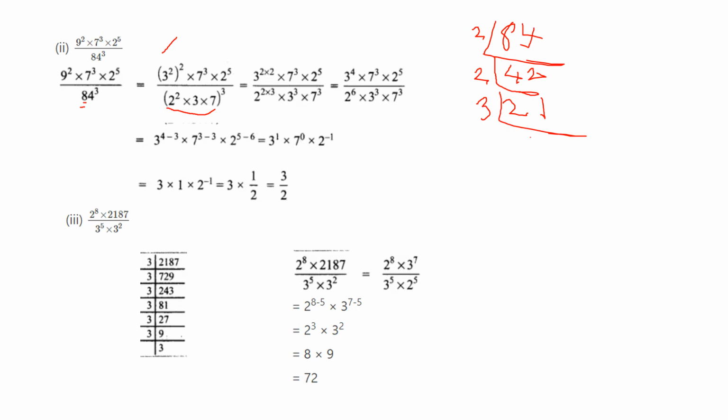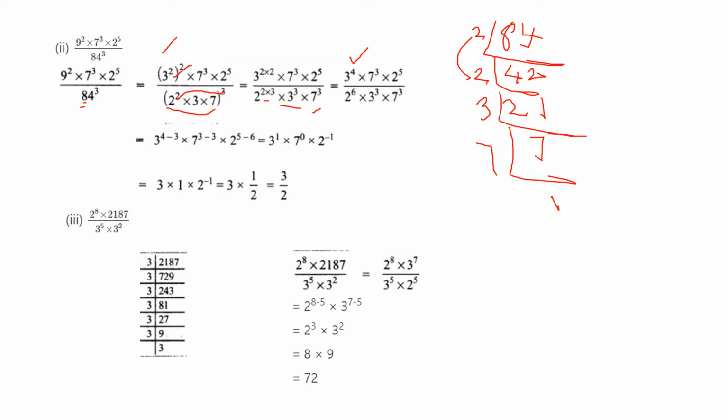7, and 7 also. Here you see 2 into 2, that is 2 squared into 3 into 7 and whole cube. After you multiply the power with each one, so 2 to the power 2 into 3, and 3 cube and into 7 cube. Here also you multiply 3, 2 into 2 means what you get? 3 to the power 4. So 3 to the power 4 and here 3 to the power 3.